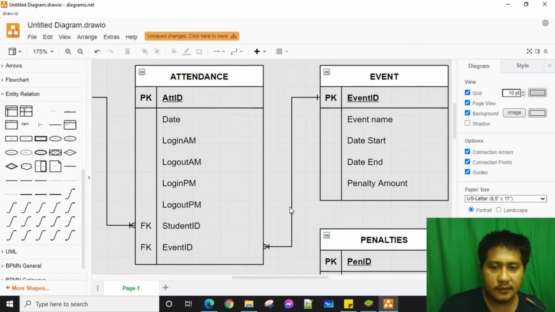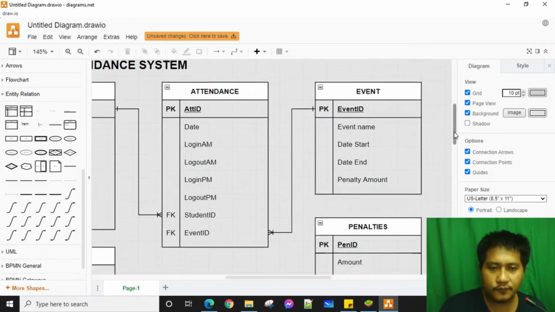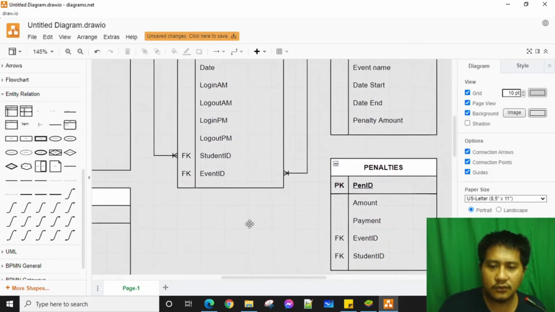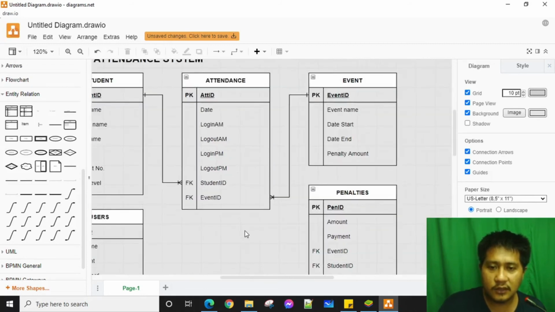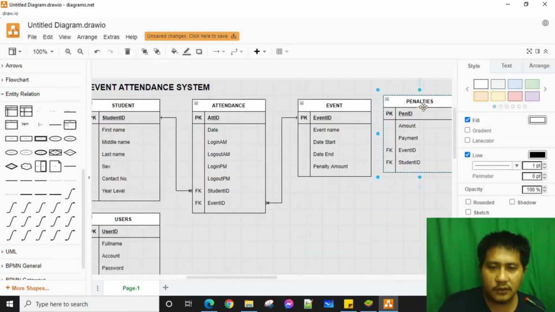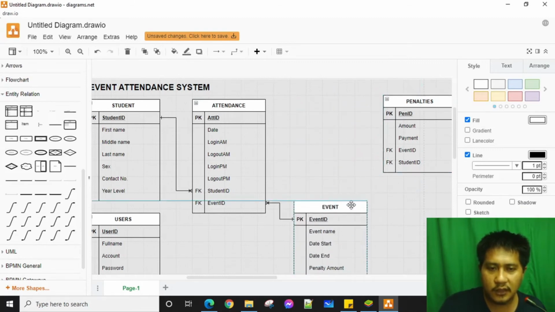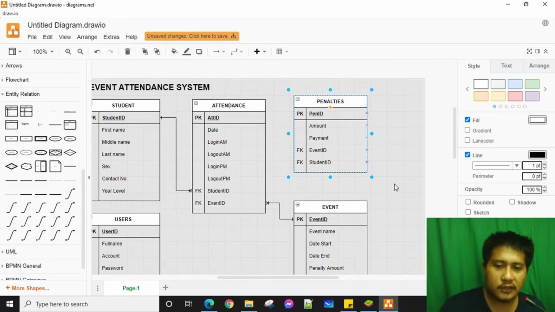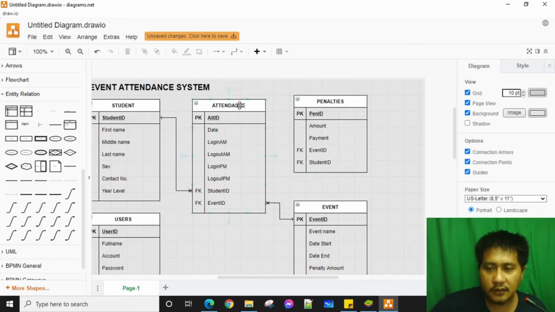And then below we have these penalties, and it is connected to the attendance. I don't want to create a cross line between entities or between tables. I interchanged them so I could place